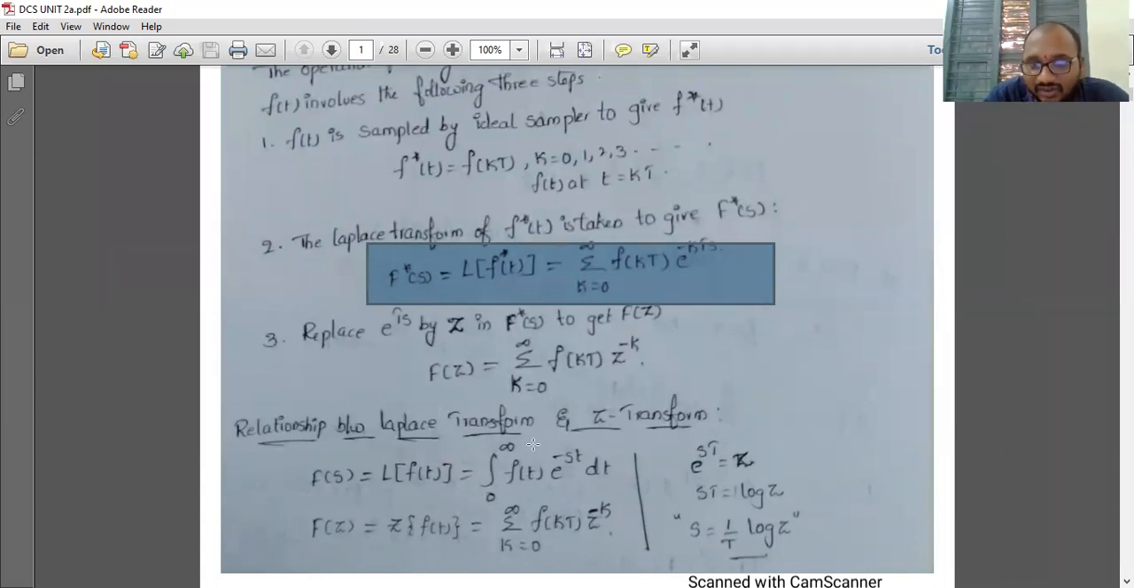Integration of 0 to infinity, meaning is you have to sum all the values of that signal from 0 to infinity. Sigma k is equal to 0 to infinity, meaning is you have to sum all the instants of the signal from 0 to infinity. But